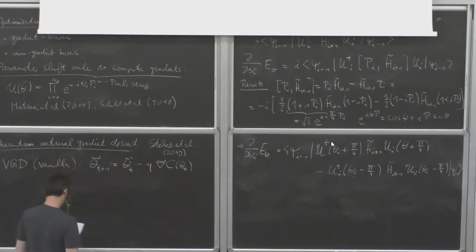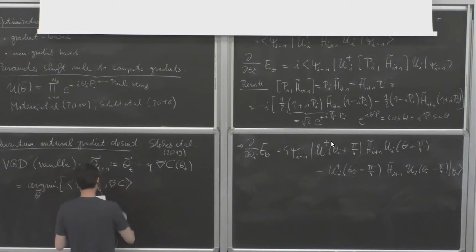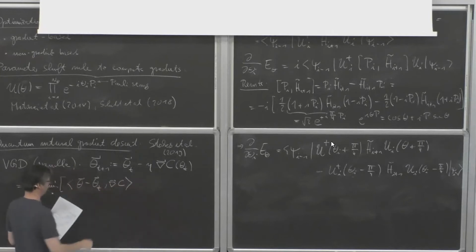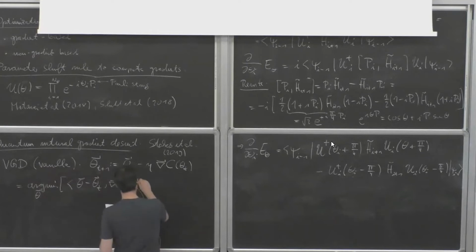You can actually reformulate this update rule, which will be useful, in the following way. You can write this as the arg min over all theta of the following. With this bracket, I mean the scalar product. I think you've probably seen this before, right? So this is the Euclidean scalar product between these. And then this is the norm